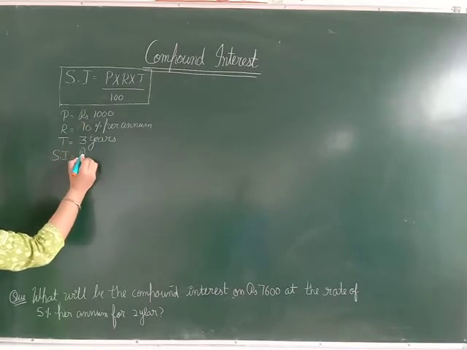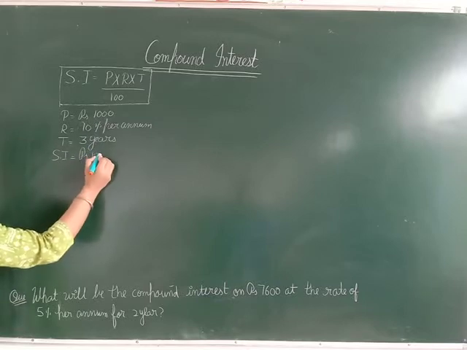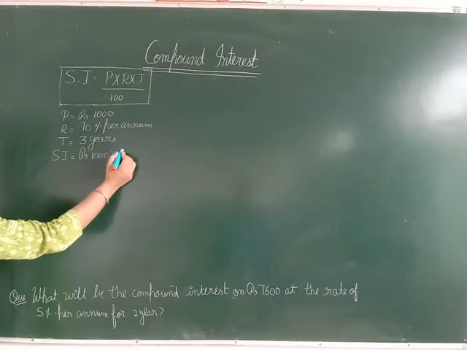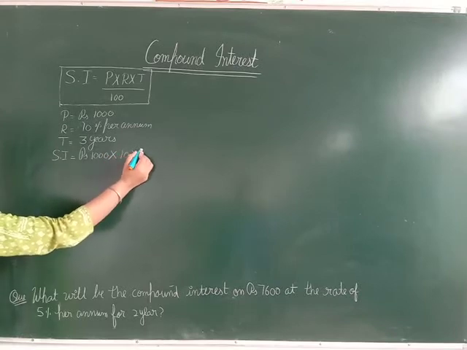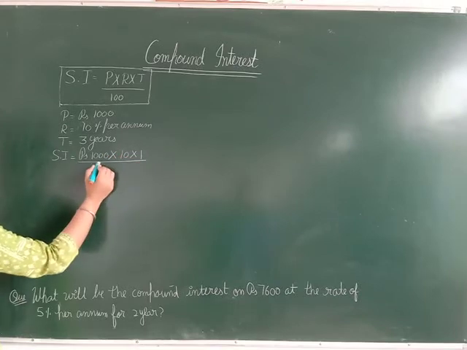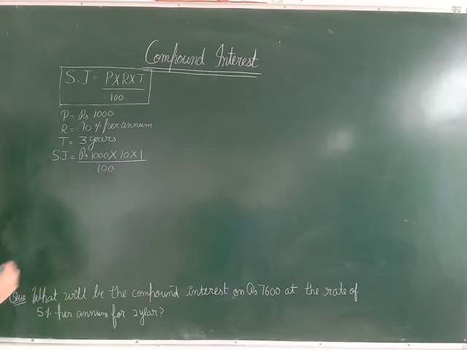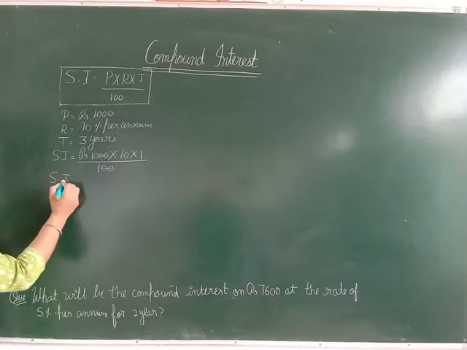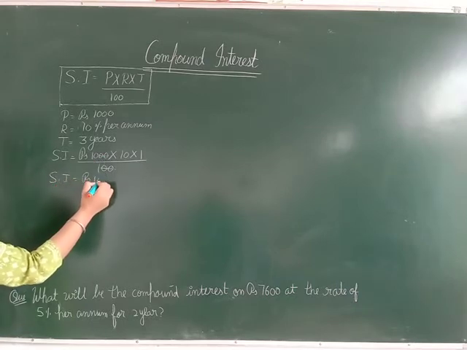The principal in this case is 1000. For 1 year we will find the interest, the rate is 10% and time in this case is 1 year, and when we divide it by 100 then cancel it. So simple interest in this case is ₹100,